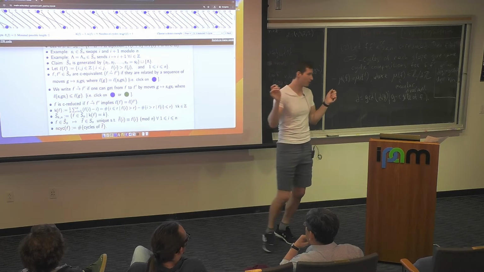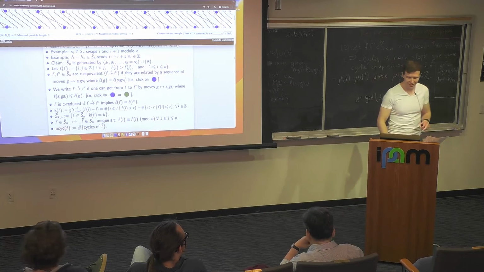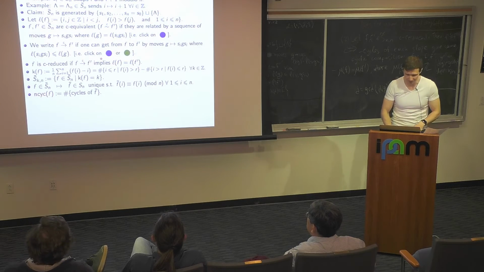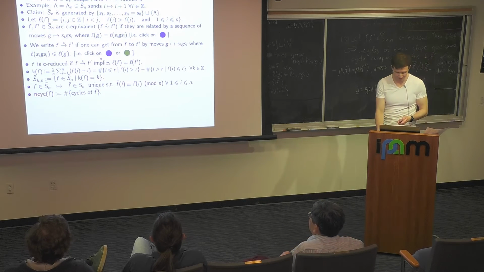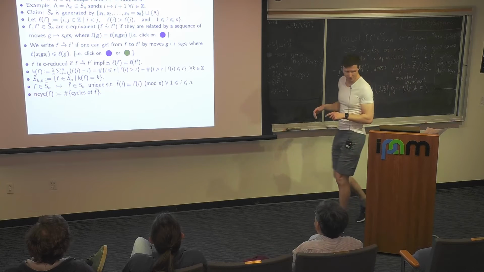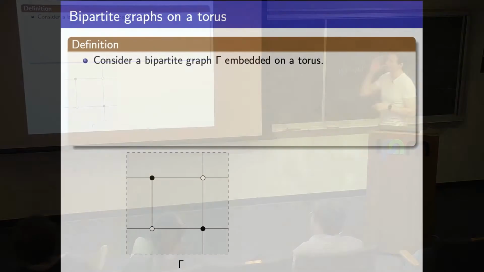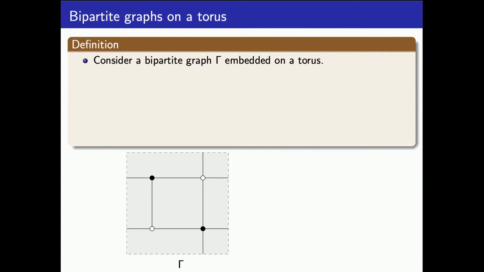All right. So okay, that was the affine permutation part, where I had one slide for the entire duration. So now I'm gonna talk about the two applications of this stuff. The first application is bipartite graphs on a torus. People in statistical mechanics love these objects. Many people in this workshop love it. So you put a bipartite graph on a torus, and